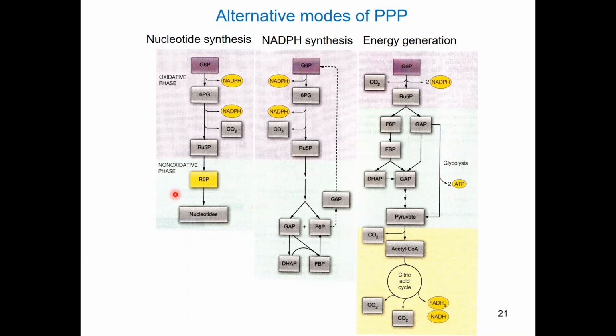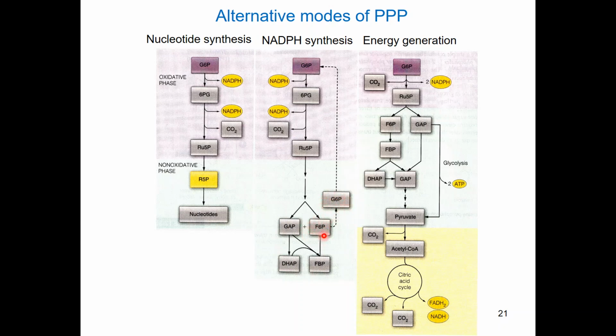What if we don't need to synthesize a lot of nucleotides, but anabolic pathways in general are in effect? So we require a lot of NADPH. In this case, again, the oxidative phase is needed because this is where NADPH is produced. And this ribose 5-phosphate, which is the product of the oxidative phase, needs to be metabolized all the way to synthesize glyceraldehyde 3-phosphate and fructose 6-phosphate, and they react with each other to form